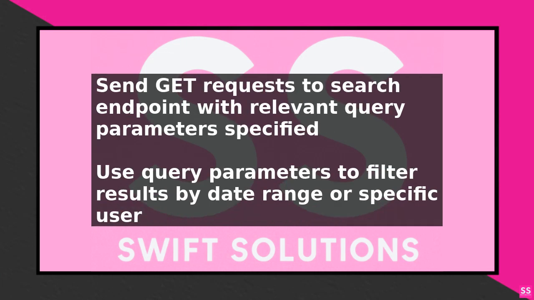When searching for events, it is essential to use the correct event types and object types. The Bill.com API documentation provides a list of available event types and object types, along with examples of how to use them. It is also crucial to handle pagination, as the search endpoint returns a limited number of results per